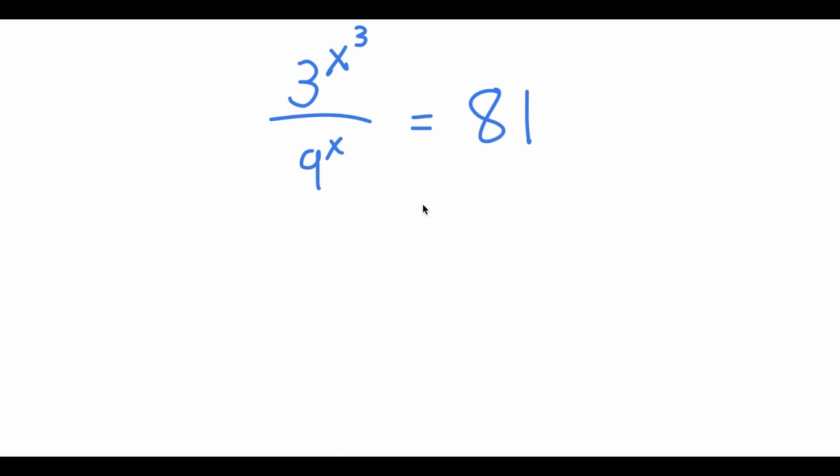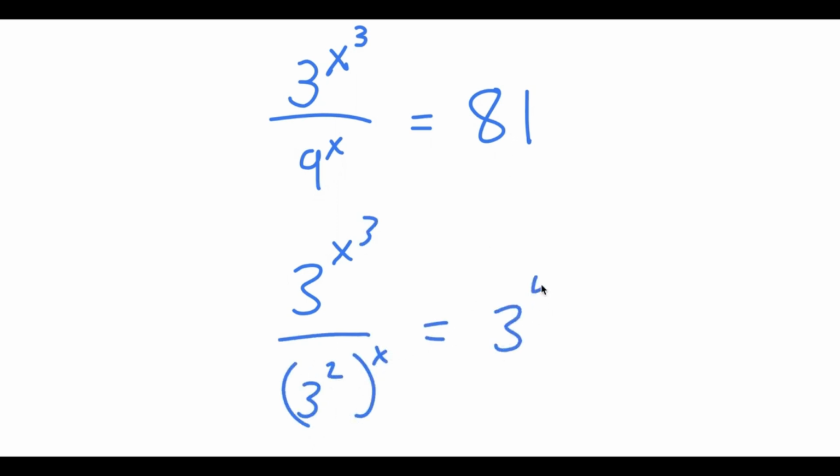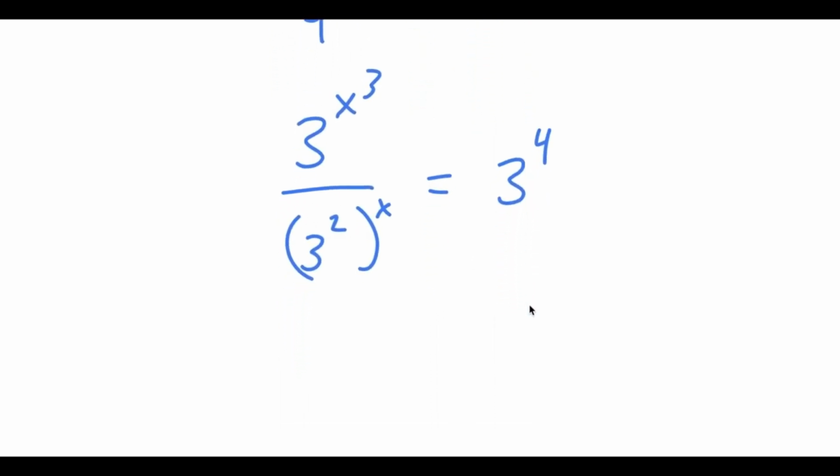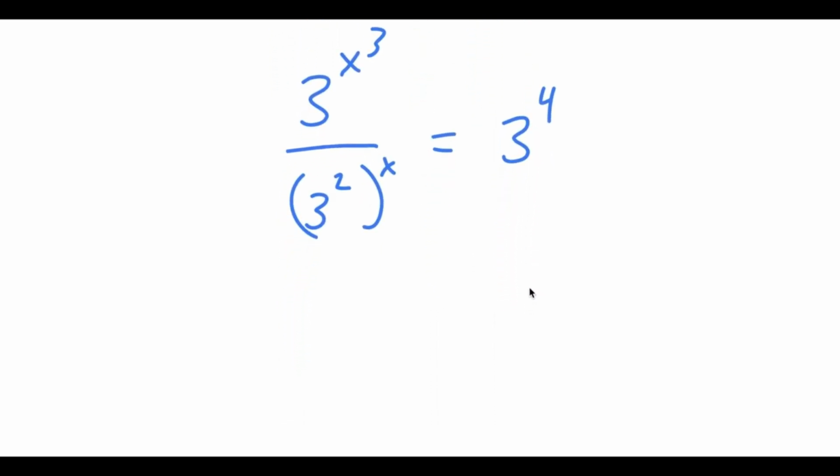Alright, so in this problem, I have 3 to the power of x to the power of 3 over 9 to the power of x is equal to 81. So I'm going to first rewrite 9 to the power of x as 3 squared to the power of x, and then rewrite 81 as 3 to the power of 4. Now, this is the same thing as 3 to the power of x to the power of 3 minus 2x